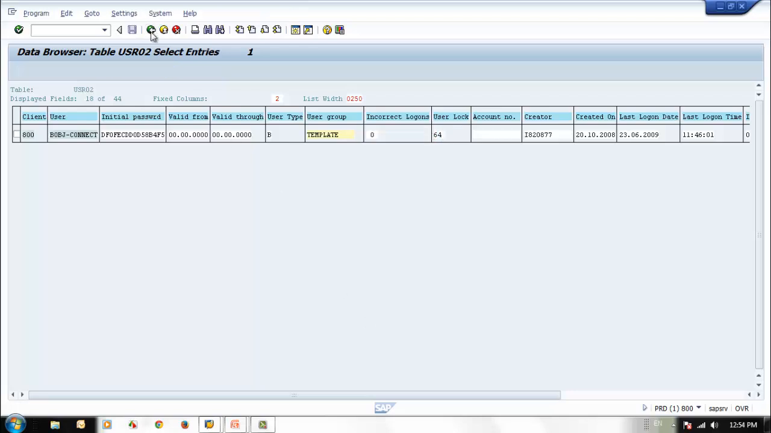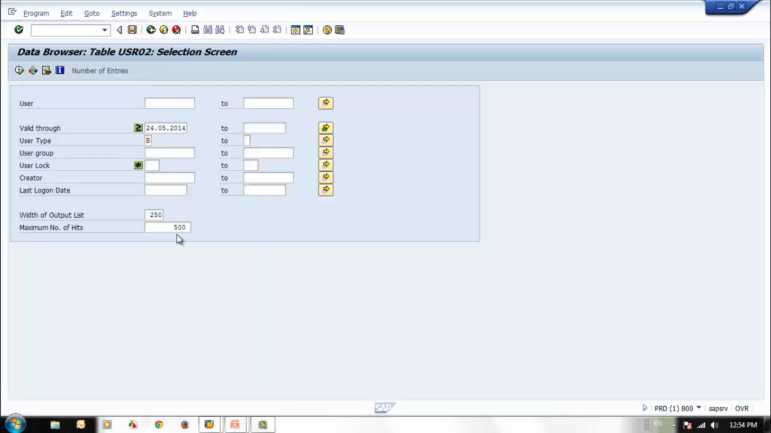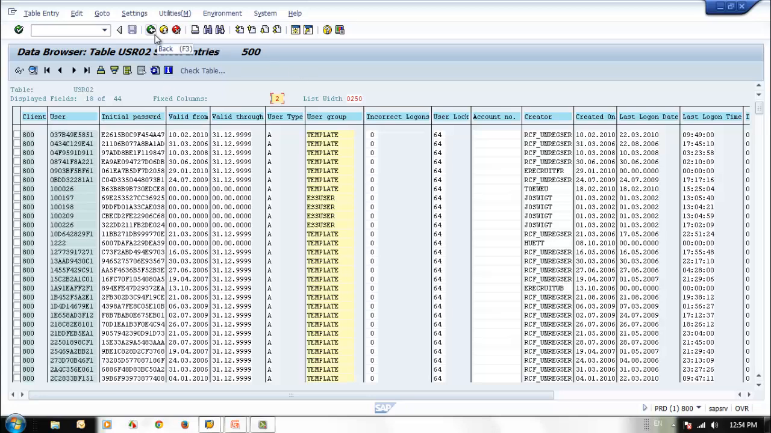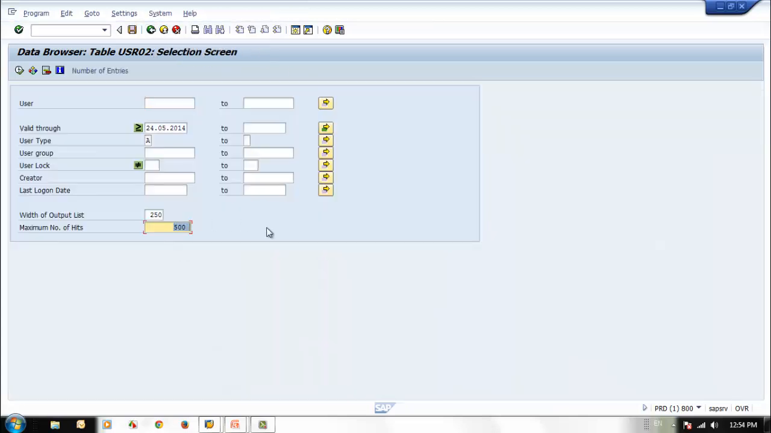And if you wanted to see all the dialog users, then we can simply say all the dialog users whose lock status is not 0. So we have more than 500. If you remove this one, then run it again,